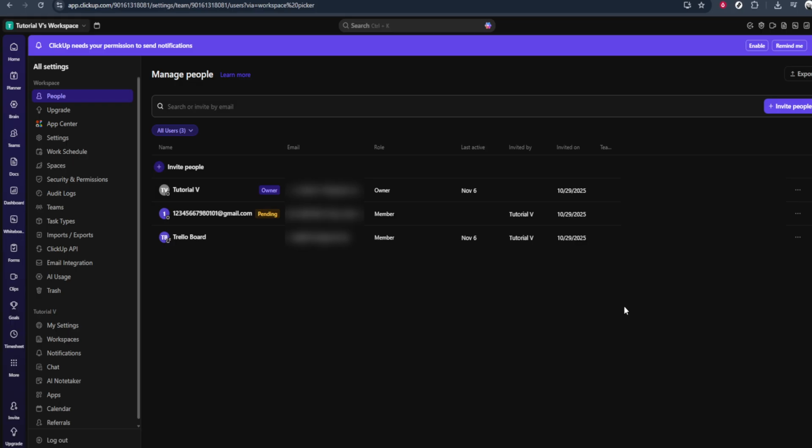It's worth mentioning a couple of tips for managing your members efficiently. Regularly audit your team list to ensure that only necessary personnel have admin rights, as giving too many users high-level permissions can lead to confusion and security risks. Additionally, ensure that every change in role or access is communicated to your team to avoid any operational disruptions. By following these steps, you can effectively manage the roles within your ClickUp workspace, ensuring that your team operates seamlessly